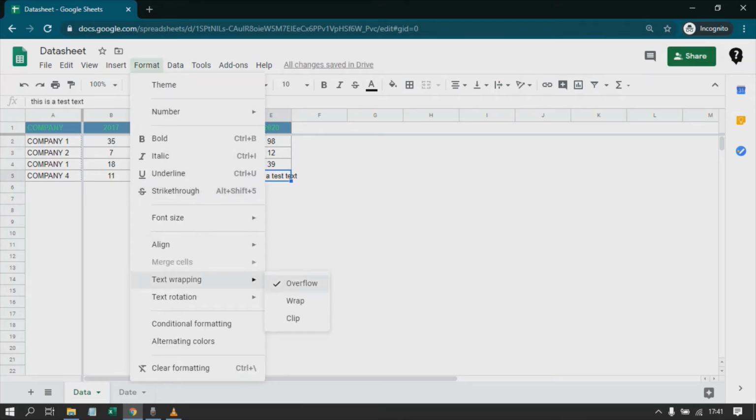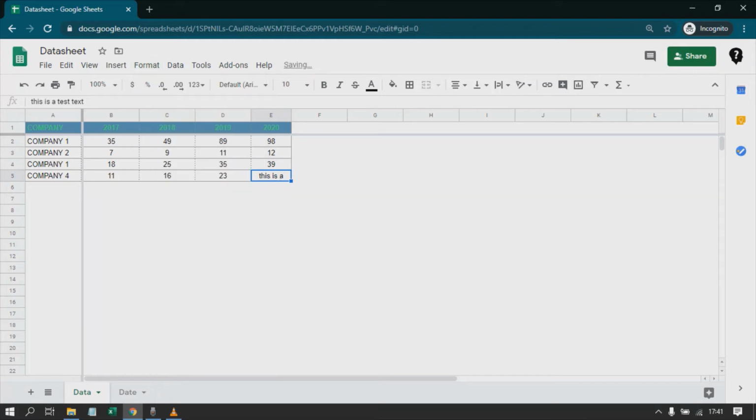We can access this text wrapping from here, overflow. If we click on wrap, it has pushed the text to the next line, so we can see it if we expand it. Or we can simply use the third option, clip, so that it just cuts the text; the text is there but it does not show us the full text.